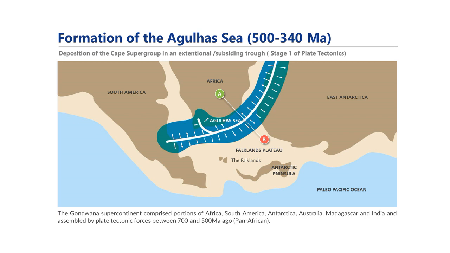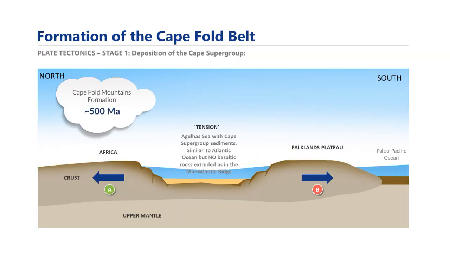So where did it form? The Cape Supergroup formed in the Agulhas Sea between 500 and 340 million years ago. That's an extensional subsiding trough that covered from Antarctica through the southern part of Africa into South America, and included a continental portion here, included the Falkland Islands and part of the Antarctic Peninsula. So that was a period of extension where the Falklands Plateau was moving southwards relatively. Africa was relatively moving north, and this tensional area, as a result of upwelling in the upper mantle,